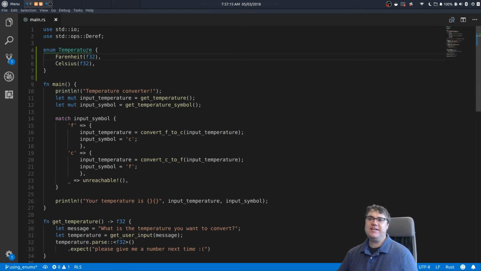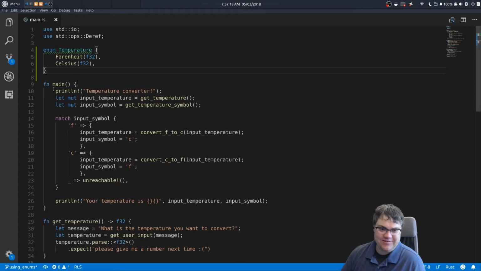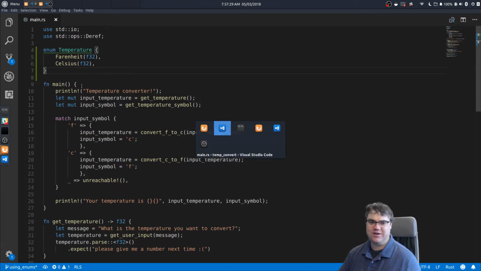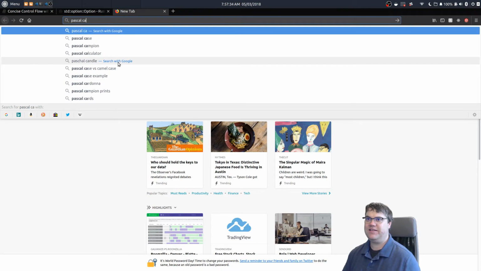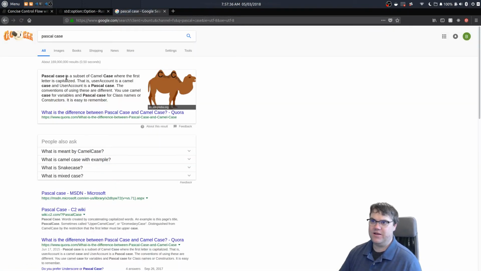Okay, but I realized that just to get into this, I've run out of time. It is camel case. In longer names, you do FahrenheitConverter, thing struct, which is camel case. All right, I have to look this up because I could swear that was Pascal case. Pascal case is a subset of camel case where the first letter is capitalized. That is, userAccount is a camel case and UserAccount is a Pascal case. The conventions of using these are different. You use camel case. Okay, so that,